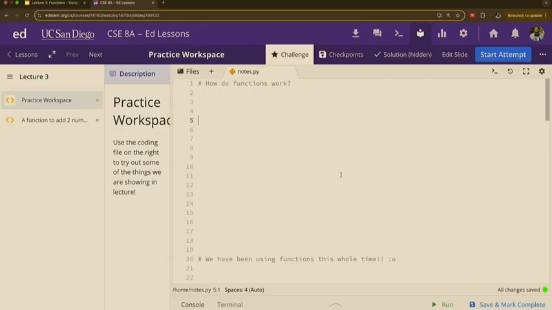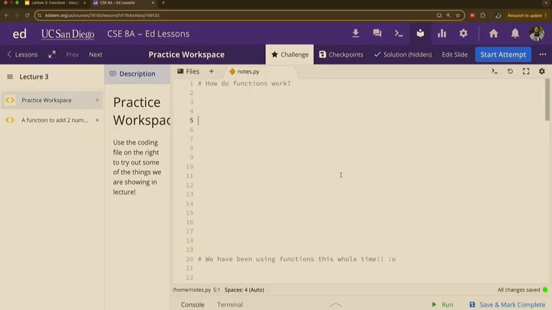So basically functions are going to be able to hold a bunch of code. It could be 2 lines, 1 line, a million lines of code. And it's going to sit there waiting for us so we can go and ask it to run itself. What is that going to look like? It's going to look like this.